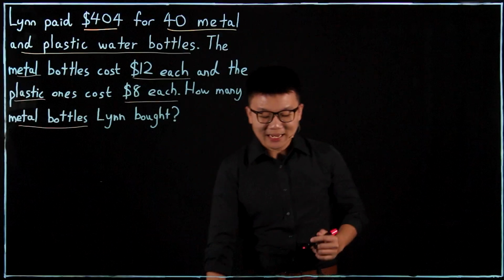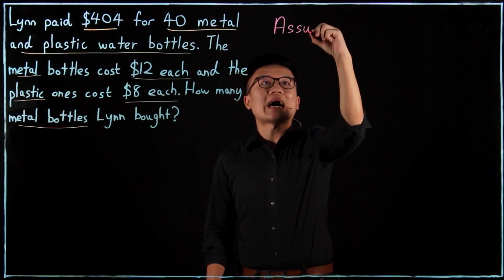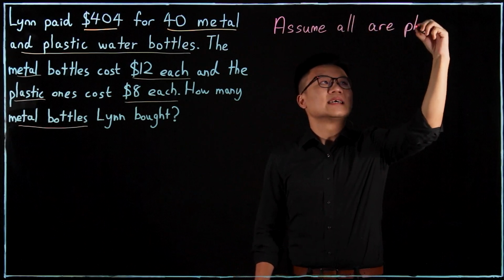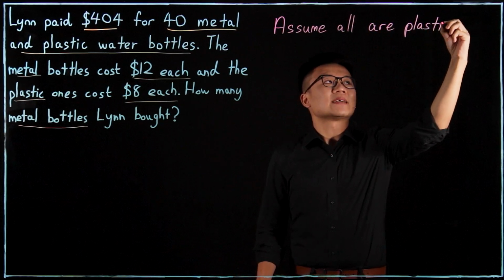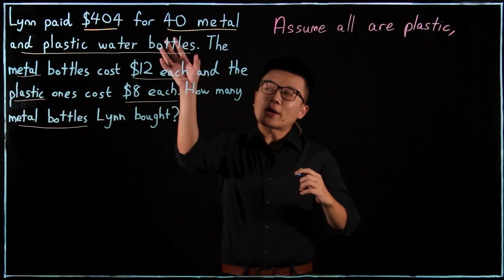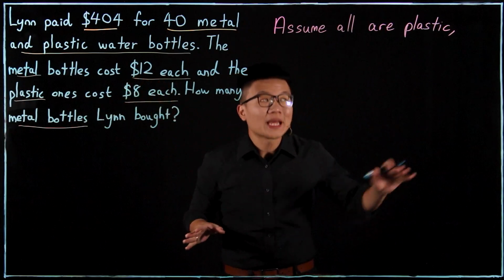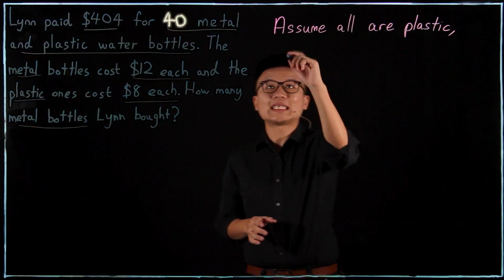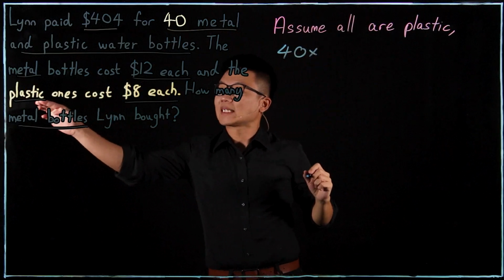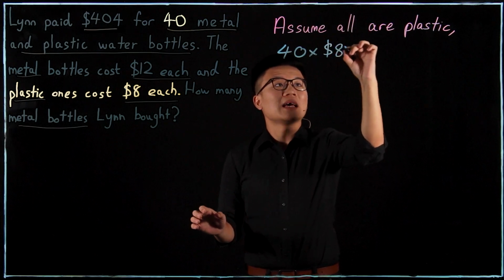So the first step, let's write, assume all are plastic bottles. Assume all are plastic. Alright? So now we're going to write it down. We are going to assume that the 40 metal and plastic water bottles are all made of plastic. So 40 multiplied by plastic bottles, $8 each. So 40 multiplied by $8, I'll get